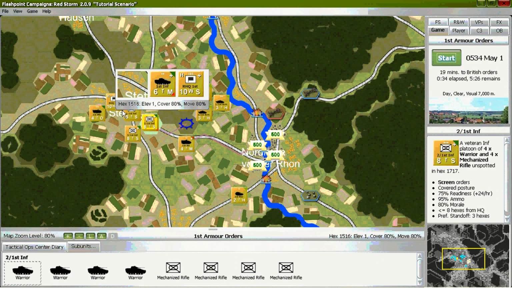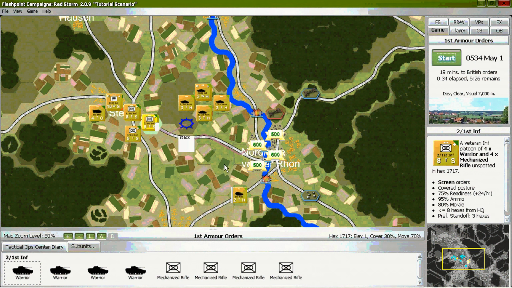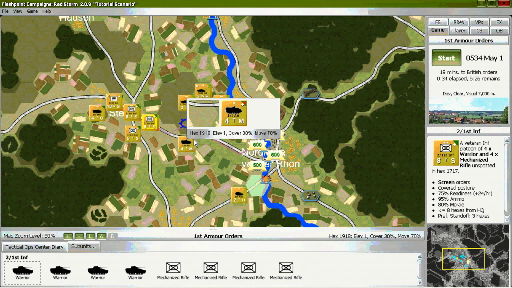Black is if the unit is in road march. This is the fastest of the travel modes via the move hasty order. Red denotes a combat movement. Slower, but spread out and using terrain to mask the approach.